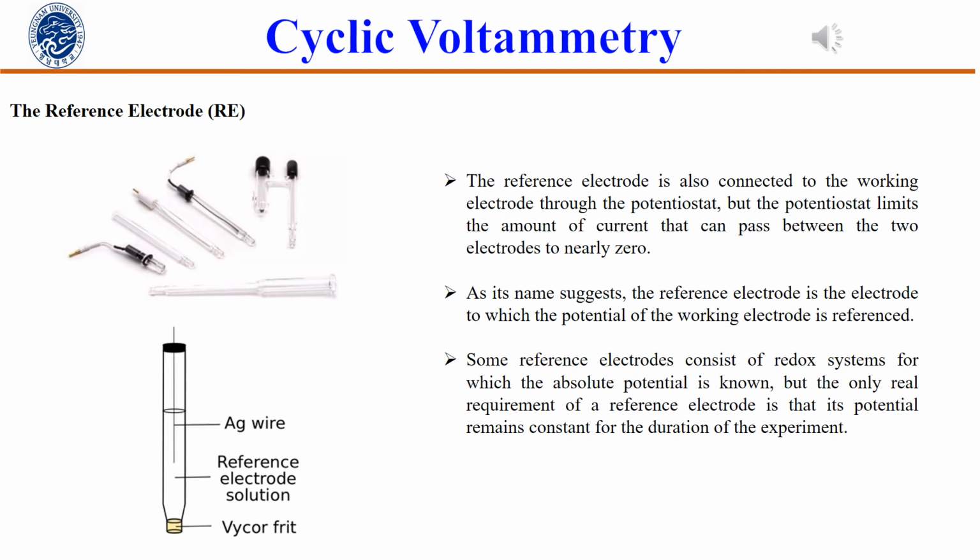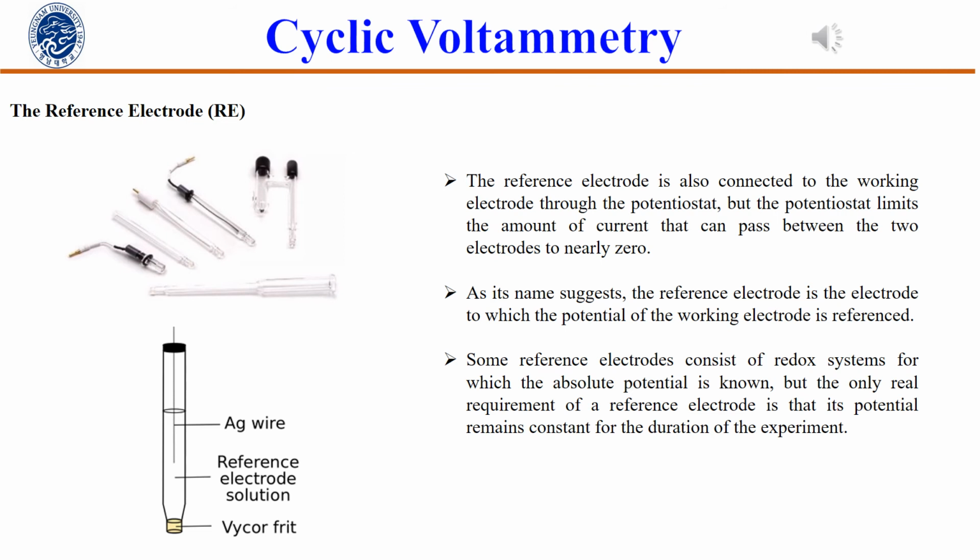While it is theoretically possible to use Ag wire dipped directly into the analyte solution as a reference electrode for the simplest of CVs, it should be avoided, because the slow loss of Ag+ ions may interact with the analyte, and any changes in the electrolyte solution may change the reference potential measured at the Ag wire.